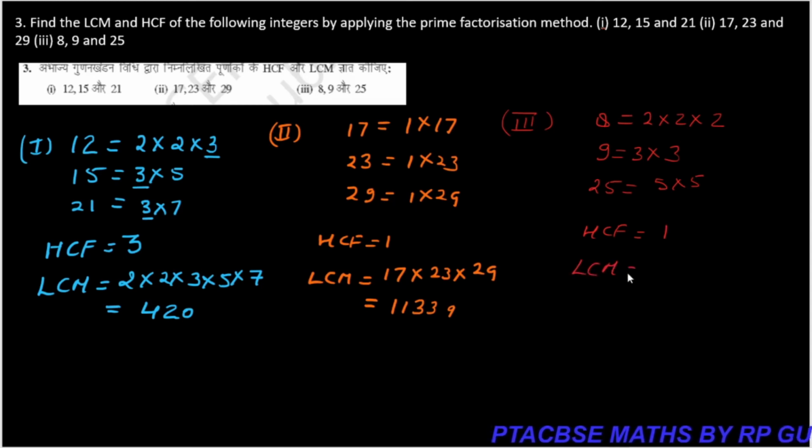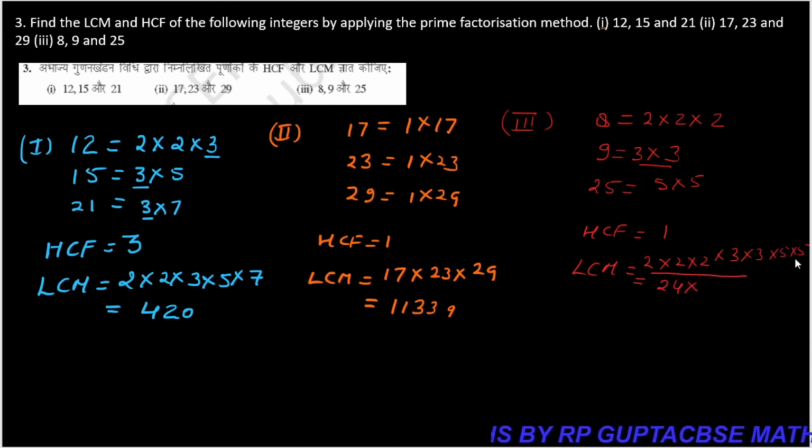And what is the LCM? Take the first one, 2 into 2 into 2. And here you have to take all of these, 3 into 3, and after this 5 into 5. You have to do the multiplication, the easy one. 2 twos are 4, 2 fours are 8, 8 threes are 24, 24 threes are 72. You can write it like this, 24 into the product of these numbers. 3 fives are 15, 15 fives are 75. 24 into 75. Do the multiply and you will get 1800. So children, I hope all of you understood this.